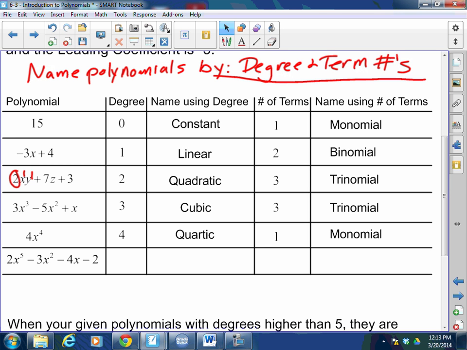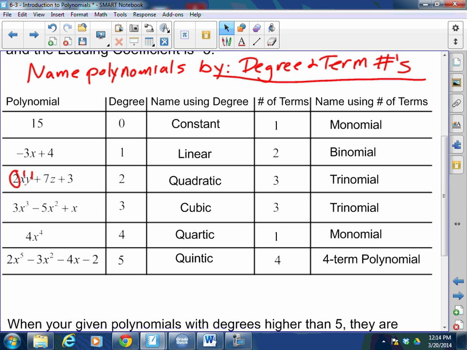Last but not least, what is the degree of this last polynomial? 5. The name of a 5th degree polynomial is called quintic. Quintic. How many terms? 4. So, what do we call a 4-term polynomial? Very good. Nicely done, guys. Now,